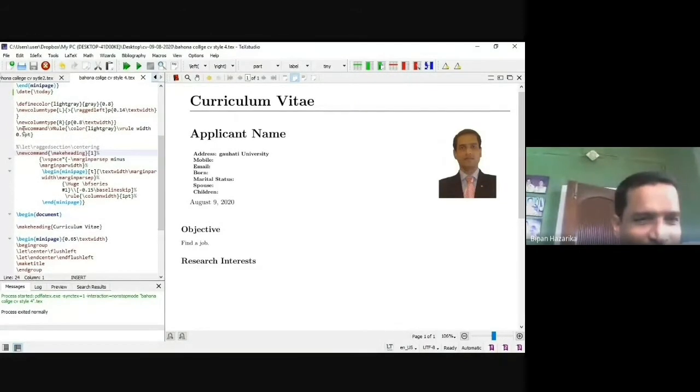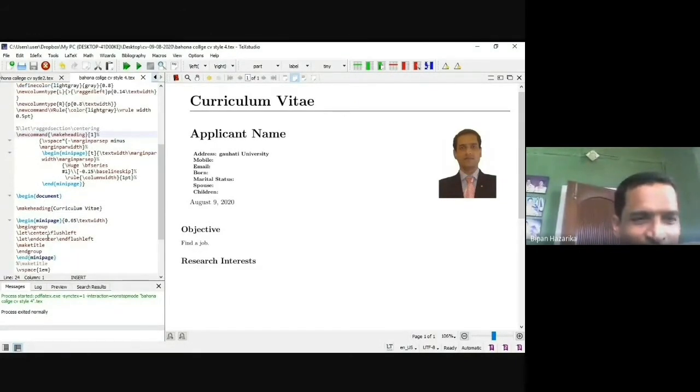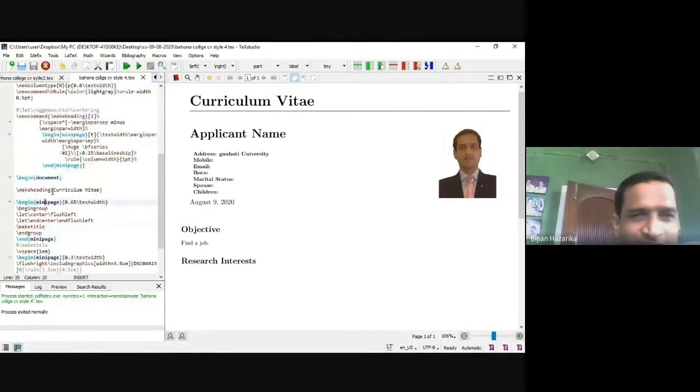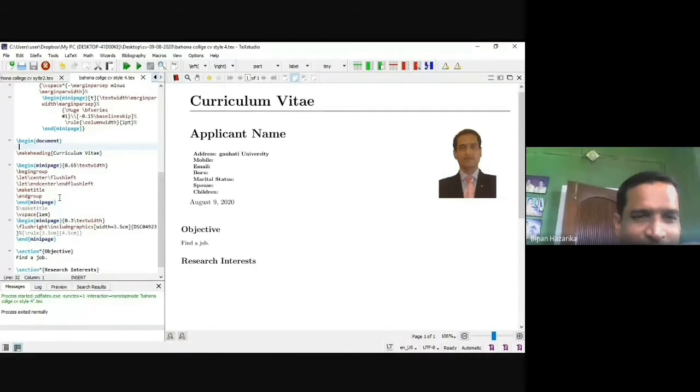So begin document, end document we have written. Again, this is a curriculum vitae. Here it is written, make title is there, so this make title is present here. Then I put my photograph in this minipage. For this part you make one minipage, and for the figure also you make a minipage. So you can make different minipages within that file. This is the advantage.